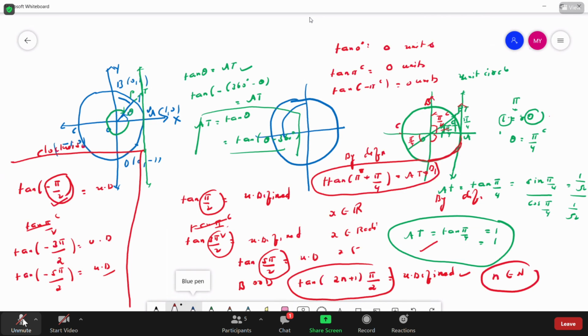In the coming class we will see how to calculate tan 60, tan 30, all these angles and the behavior of tan in different quadrants. It goes from 0 to infinity in Q1, and we'll draw the graphs based on that. We'll also discuss the periods of tan theta in the coming class. So please revise till now. If you're not revising, then there is no point in coming to this class.